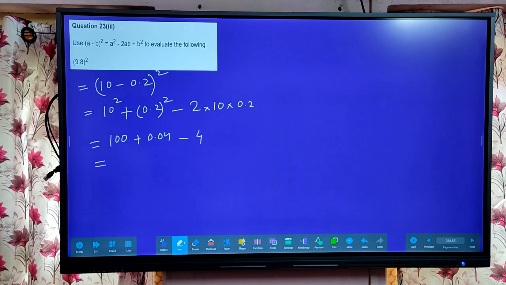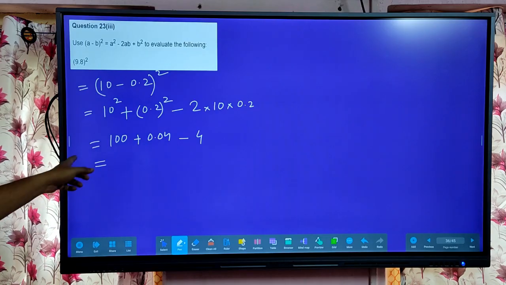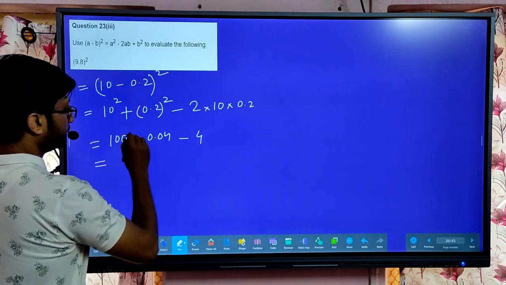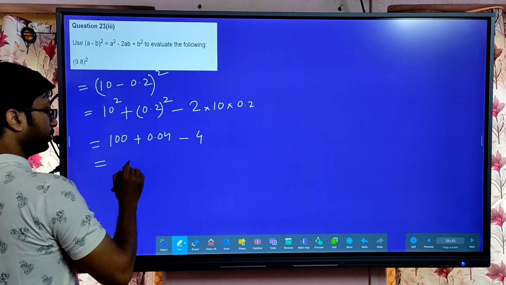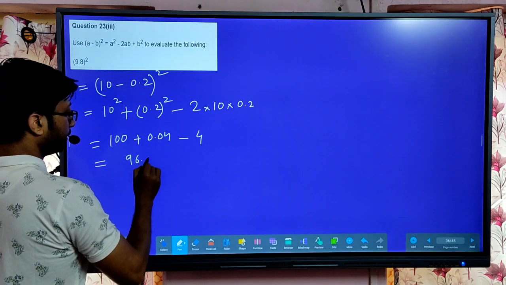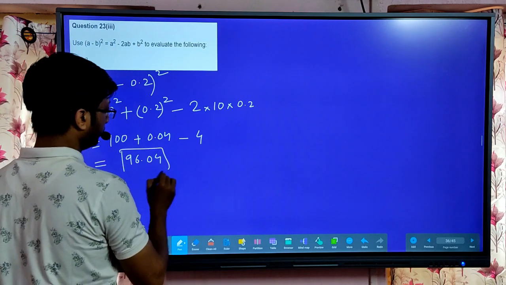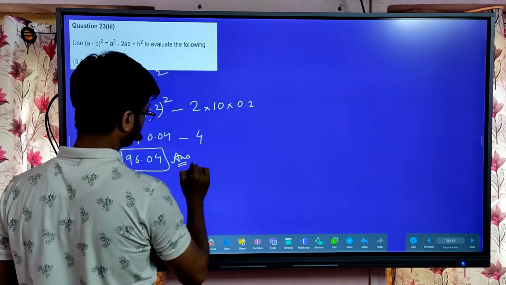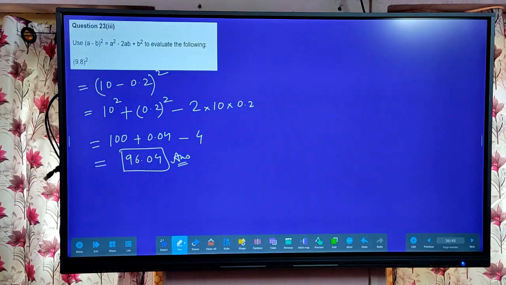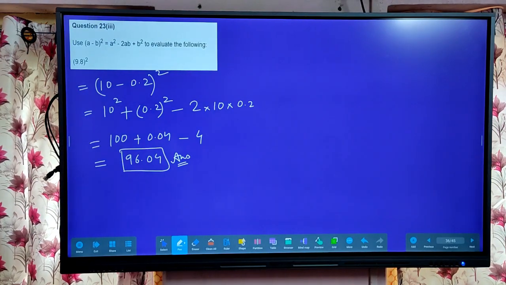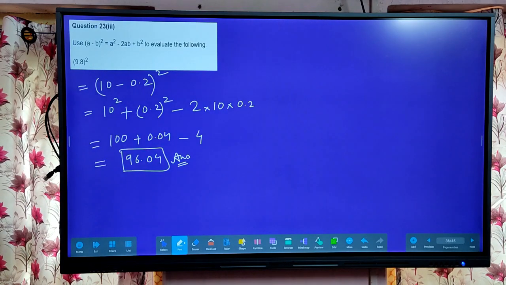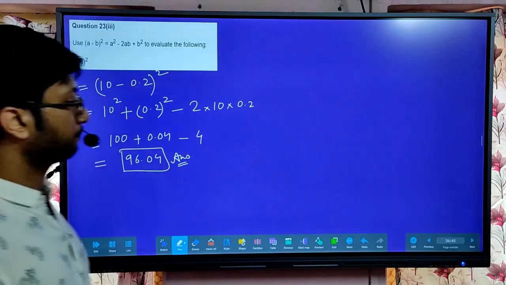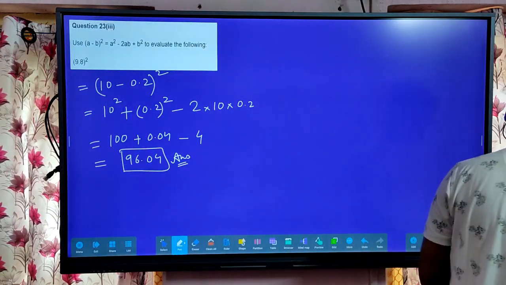100 minus 4 is 96, plus 0.04, so it will be 96.04. This will be the answer. Please check it. 96.04. Write it down. Next,